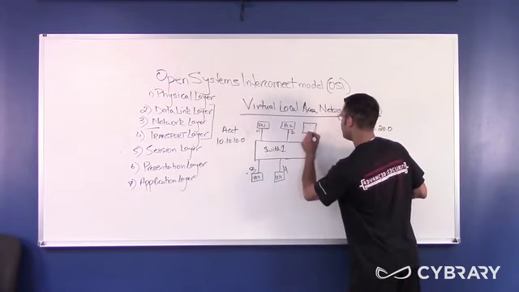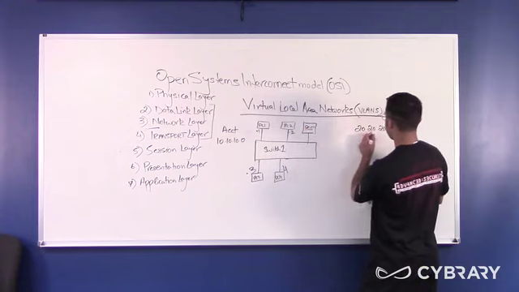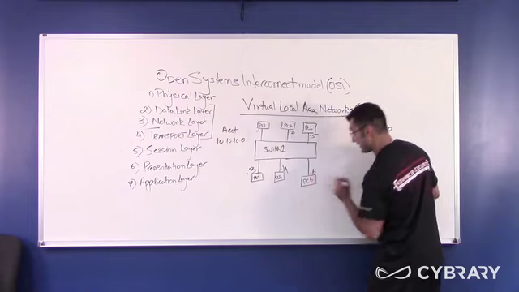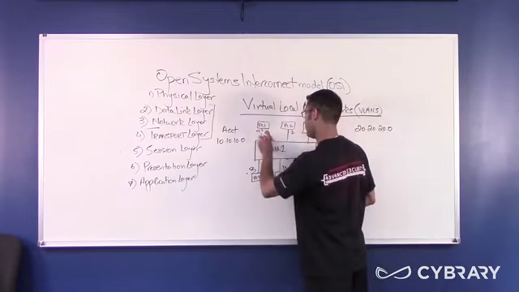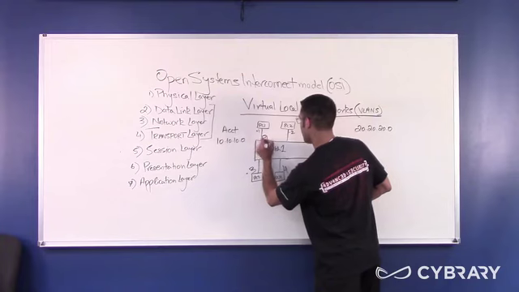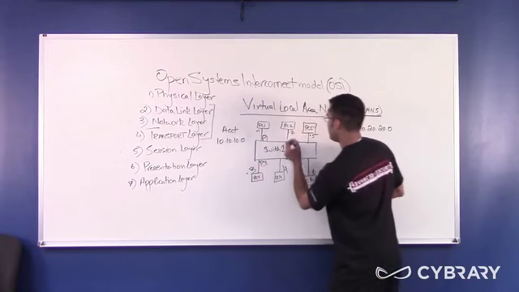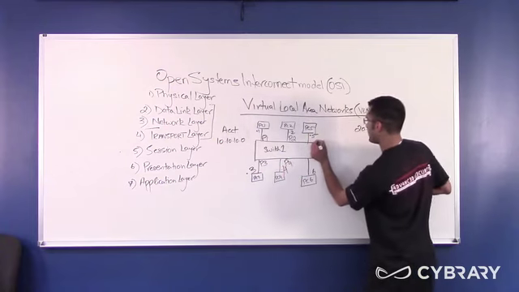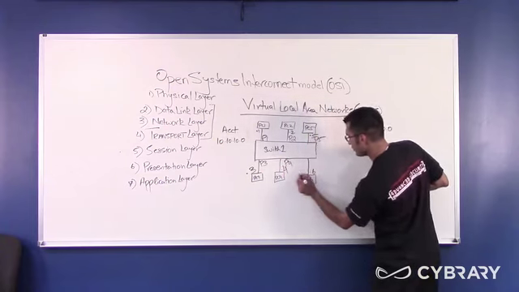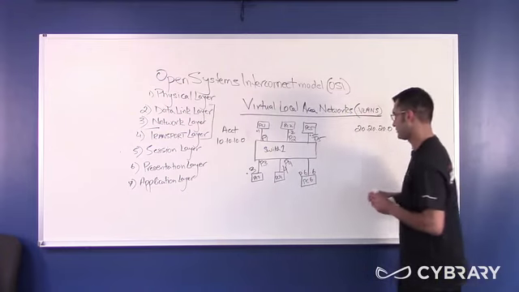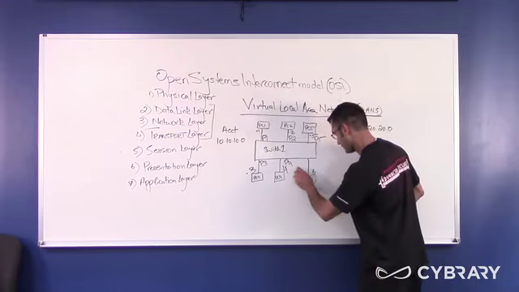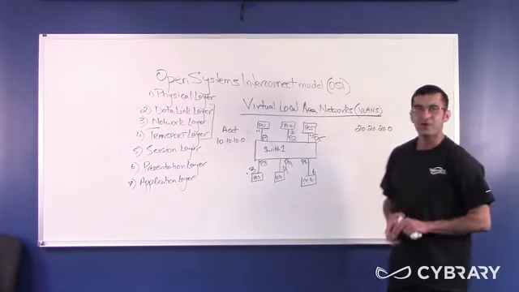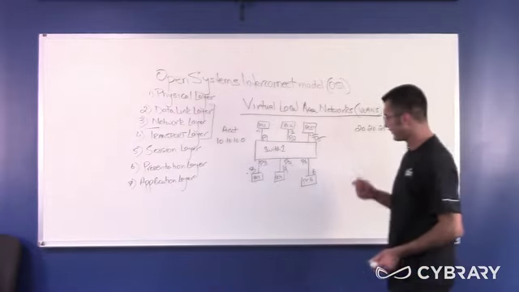What if I do put PC5, which is 20.20.20.5, and PC6, which is 20.20.20.6, on the same switch? And let's pretend PC1 is connected to port 1, PC3 is connected to port 3, PC2 is connected to port 2, PC4 to port 4, 5 to port 5, and 6 to port 6. Now let's say inside of the switch, I log into the switch and I do some configurations